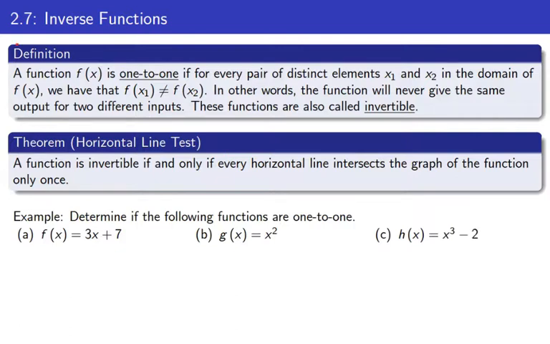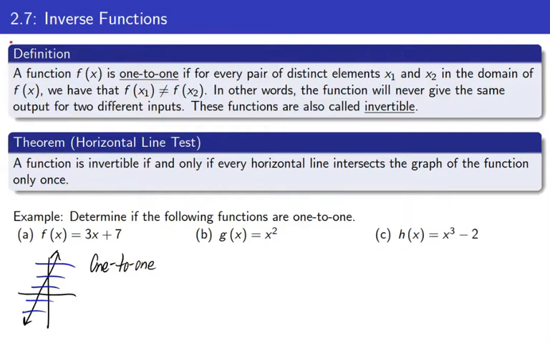The horizontal line test says that a function is invertible if you could draw any horizontal line and none of them pass through the function more than once. Every one of them is going to go through it just one time. Let's just do a quick example. 3x plus 7 is a line, probably looks something like this. And if I were to draw horizontal lines, every one of them would only pass through one point. So this function is